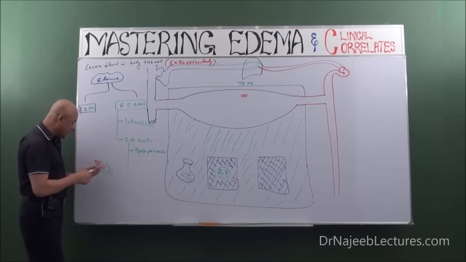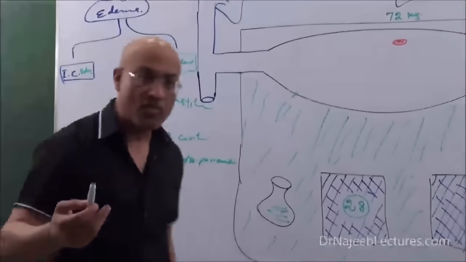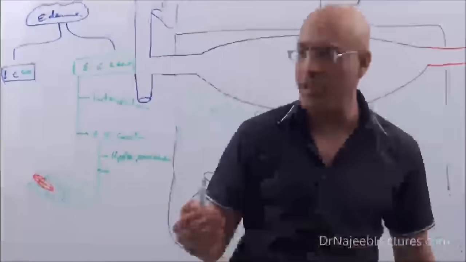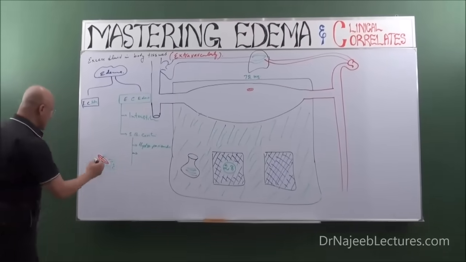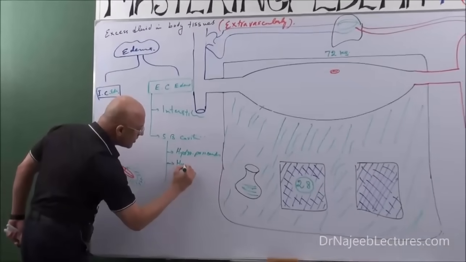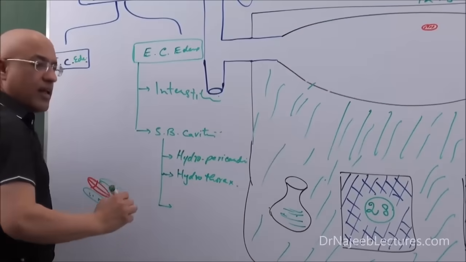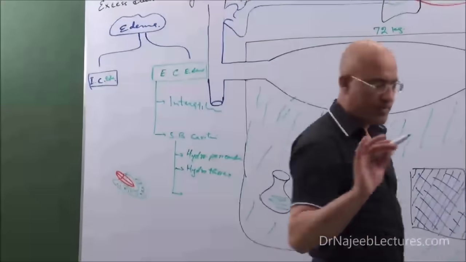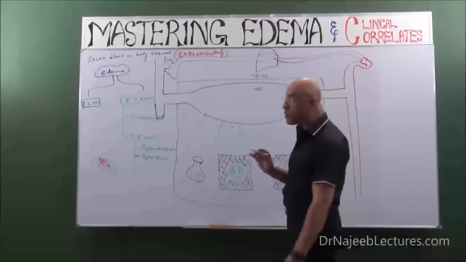So hydropericardium. What else? The pleural cavity may have extra fluid. Normally there is fluid. If the pleural cavity has extra fluid, we can call it pleural effusion. We can also call it hydrothorax. In the same way, if there is excess fluid in the peritoneal cavity, we can call it peritoneal effusion,